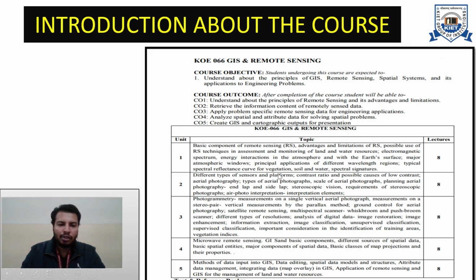So throughout, we can again summarize that in unit 1 we will be dealing with the various concepts of remote sensing. In unit 2 we will be dealing with some minor techniques of image processing as well as majorly aerial photography. In unit 3 we will be covering the concepts of photogrammetry as well as some important operations involved in digital image processing. In unit 4 we will be dealing with remote sensing, but especially for the microwave region, that is, how to perform remote sensing in the microwave region. In unit 5 we will again come to GIS, what a GIS system is and how to obtain useful information with the help of GIS systems.